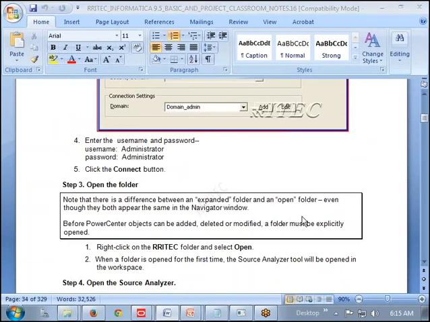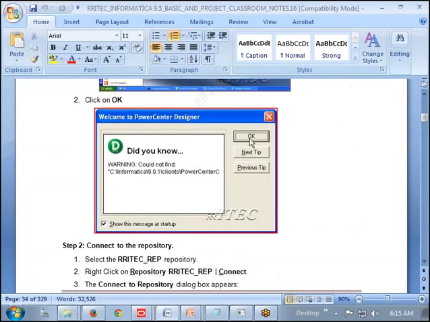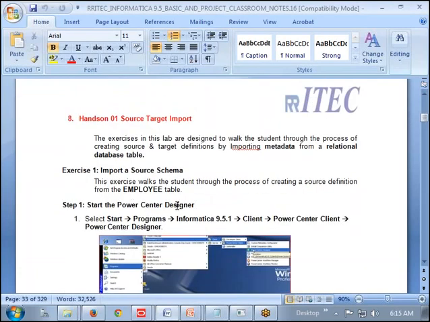I am giving control to someone. Yes, Pankaj, I am giving control to you. I gave the control. Pankaj, I gave the control. The first point available here is opening the designer.